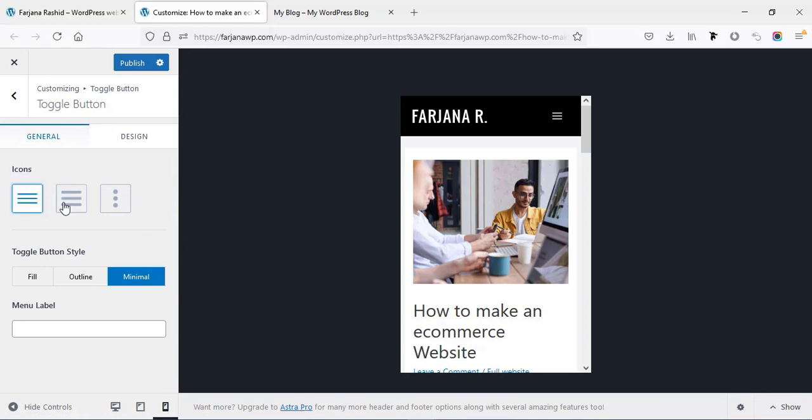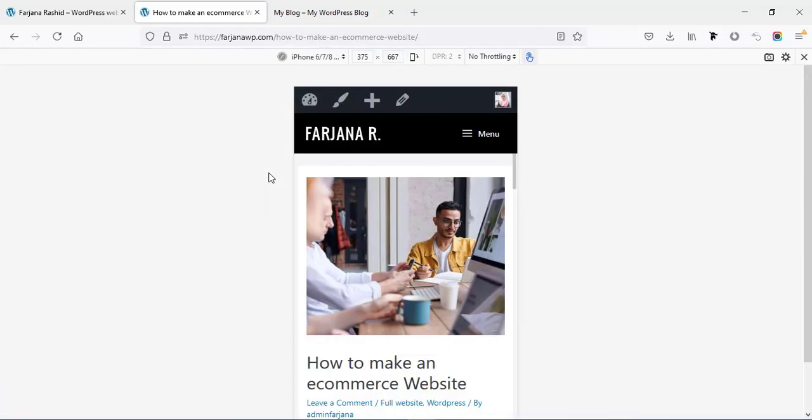from here there are several more options for this icon. So we can also select a different icon, or we can select this one, and here we can select a different kind of button style like fill, or we can take outline, or we can take the minimal one. And I'm going back to the default icon style, and here is menu label. So we can add any text label with our menu, like menu. So we can add a text with our menu icon. And now if I save changes, and now going back, okay,